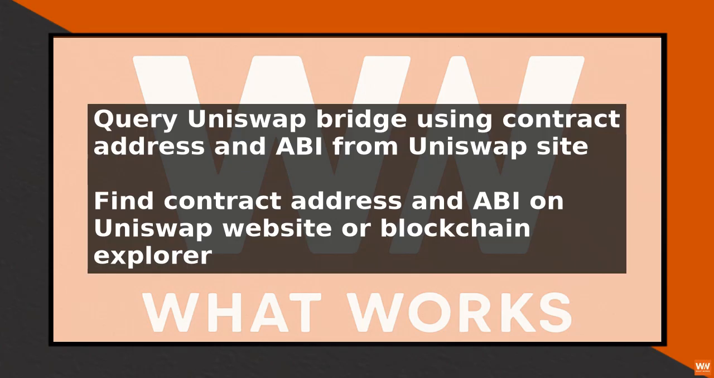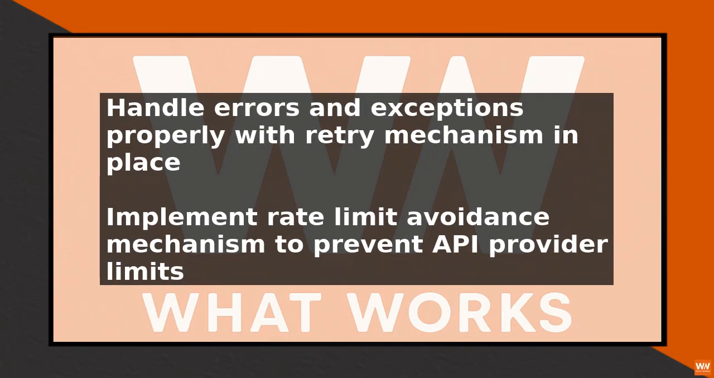Best practices when querying Uniswap bridges include handling errors and exceptions properly and implementing a retry mechanism in case of failures. You should also be aware of the rate limits of the API provider and implement a mechanism to avoid exceeding them. In summary, querying Uniswap bridges via API requires getting an API key from a provider, sending a request